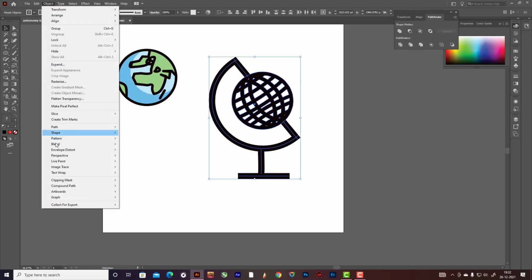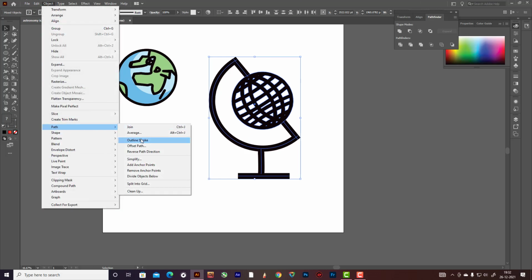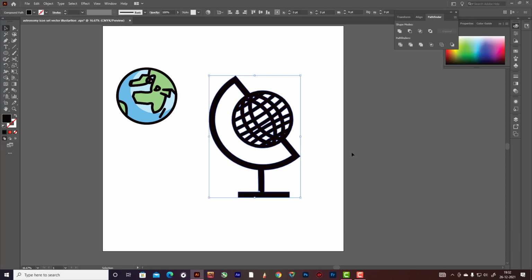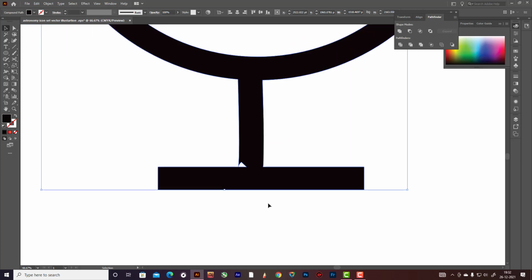So object, go to path, outline stroke, so everything is now united. So here we have got this thing is unwanted,